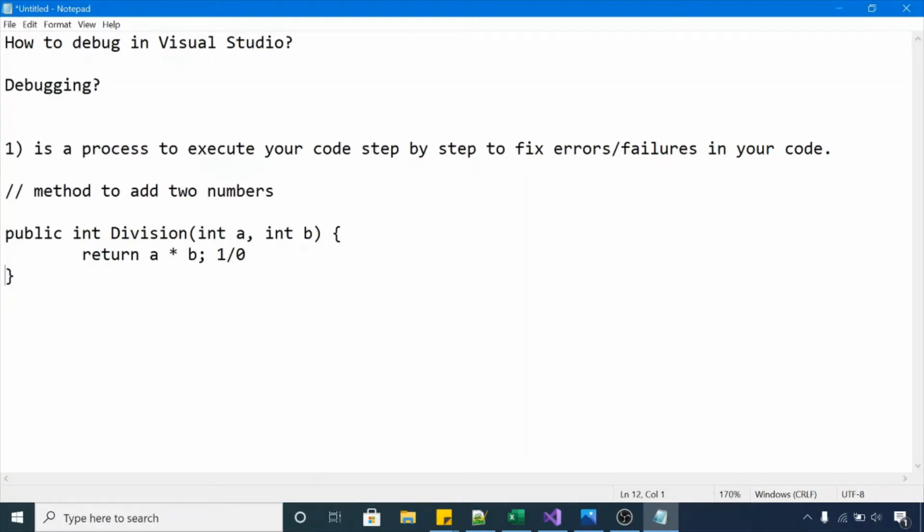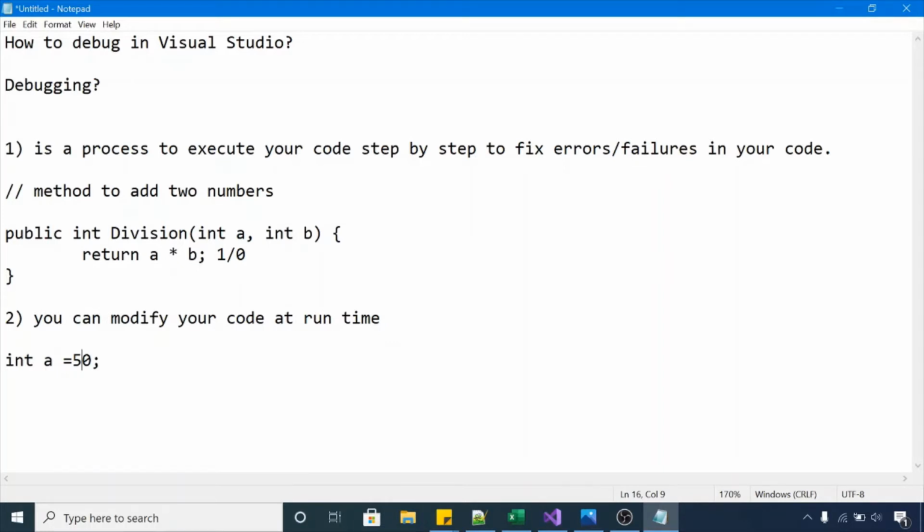Now second benefit, you can modify your code at runtime. Let's suppose you are having some statement of integer a is equal to 10. Now in debugging you want to see the behavior of your application if you change it to some other value, maybe 50. Okay, if you are debugging your code, you can achieve this.